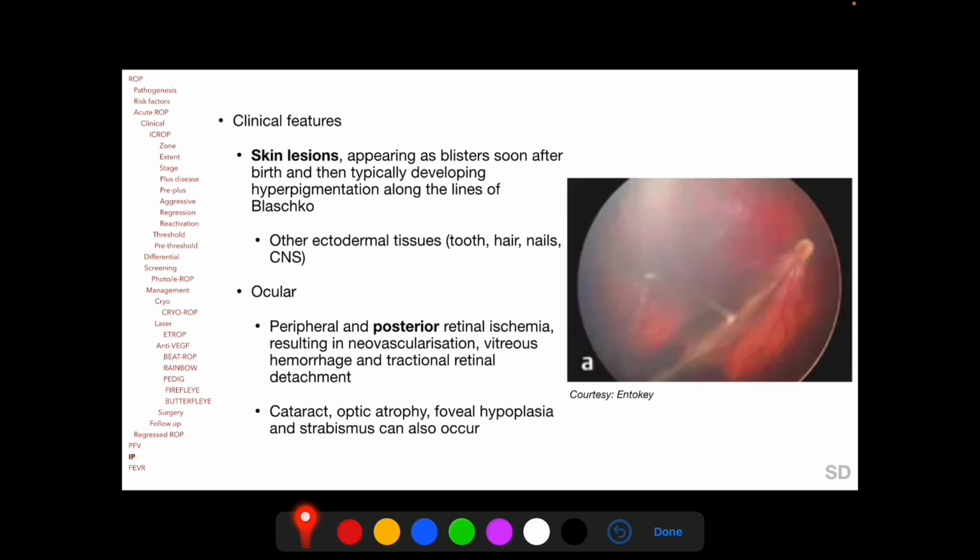Ocular features of incontinentia pigmenti include peripheral as well as posterior retinal ischemia, resulting in neovascularization, vitreous hemorrhage, and tractional retinal detachment, and cataract, optic atrophy, and foveal hypoplasia, as well as strabismus, can also occur in patients with incontinentia